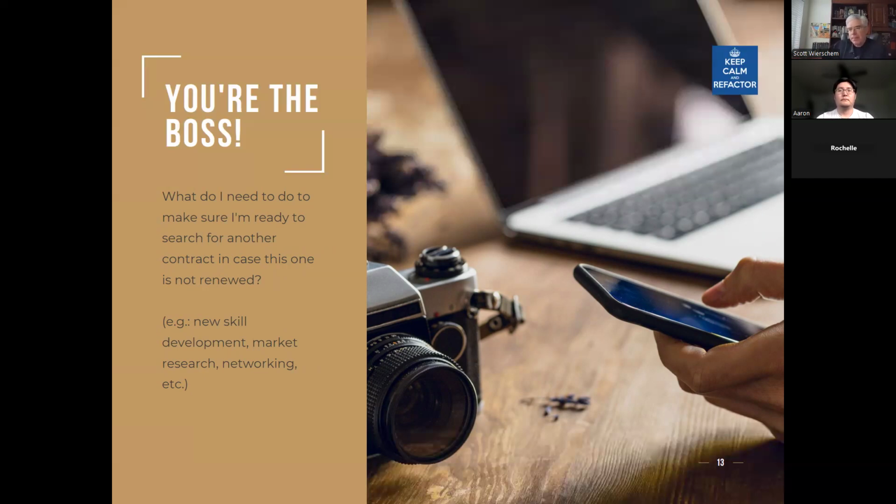I need to see what's happening in the industry, what technologies seem to be gaining in importance, and what can I do to make sure that I am informed enough on that technology, have at least some personal experience, and can speak eloquently on that technology so that if I need to look for a job or a new contract, people think I'm competent in this technology.